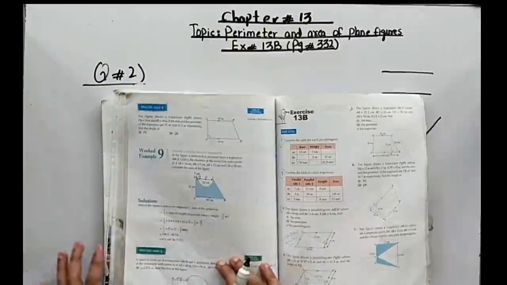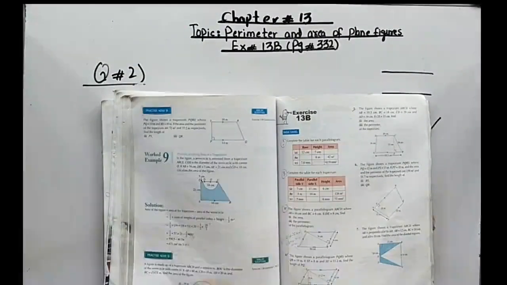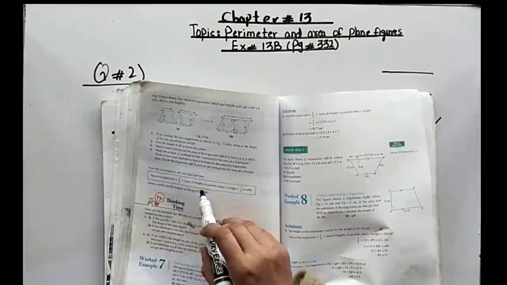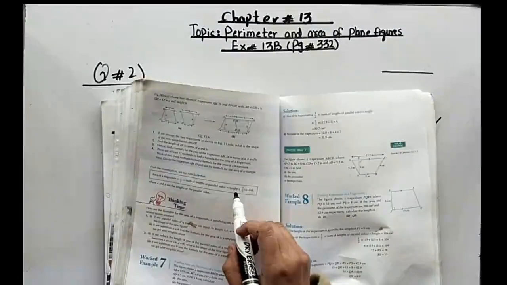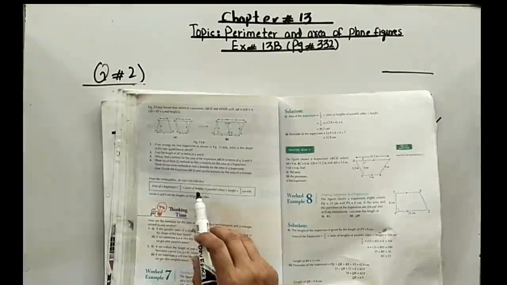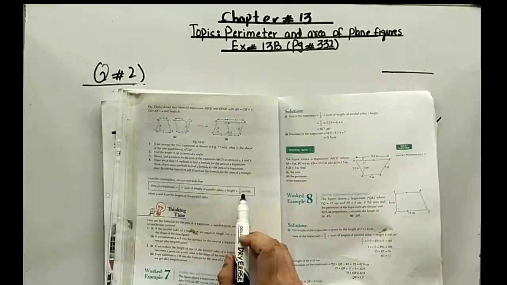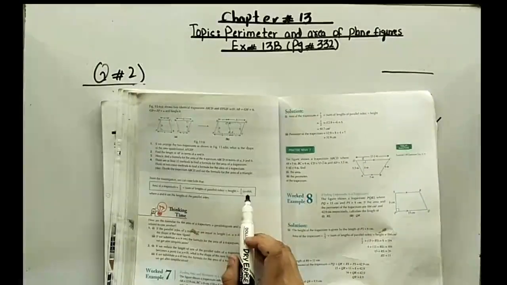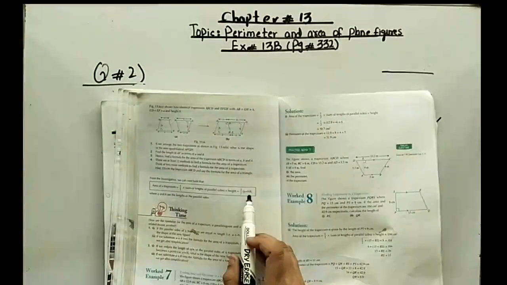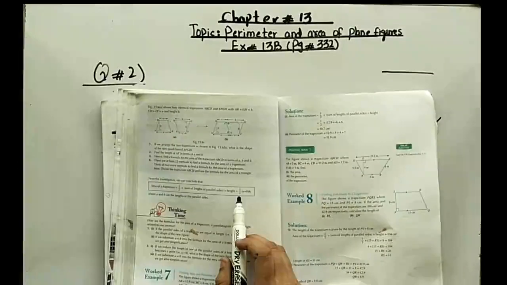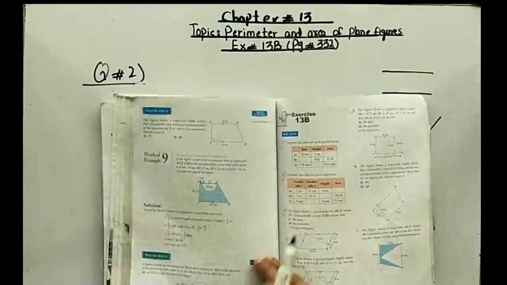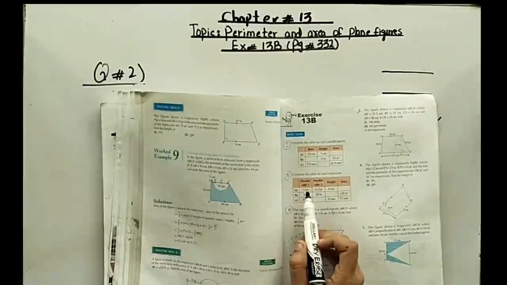Okay, now the sum of the two parallel sides multiplied with the height. This is the fixed formula of the area of a trapezium. The first side can be represented by A and the second side by B. So when we add both parallel sides, multiply with H, and finally divide by 2, we will get the area of the trapezium. Got it beta?